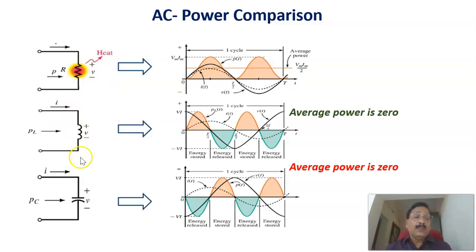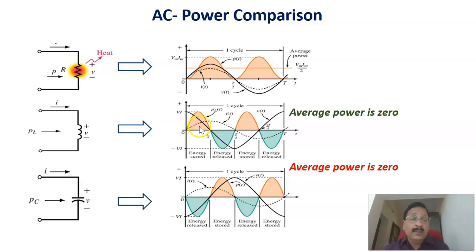But if you consider the pure inductive case, here you can see that the current and voltage are 90 degrees apart. And if you calculate the instantaneous power, this is shown as the power. This is the instantaneous power, and this means that here energy is released, and here